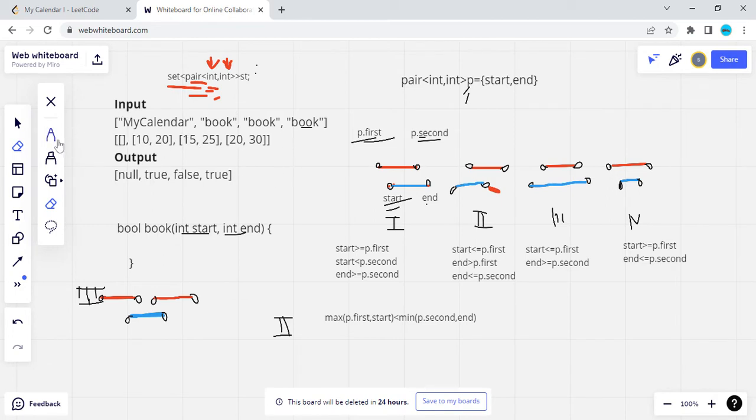Okay. So as you can see here, 10 and 20 is already present, and when I do a lower bound of 15, what will it return? It will return an